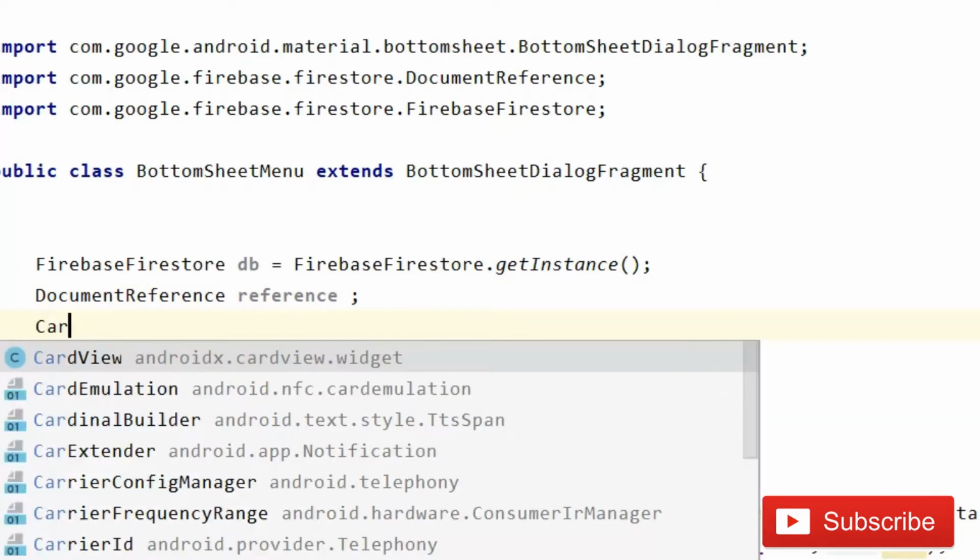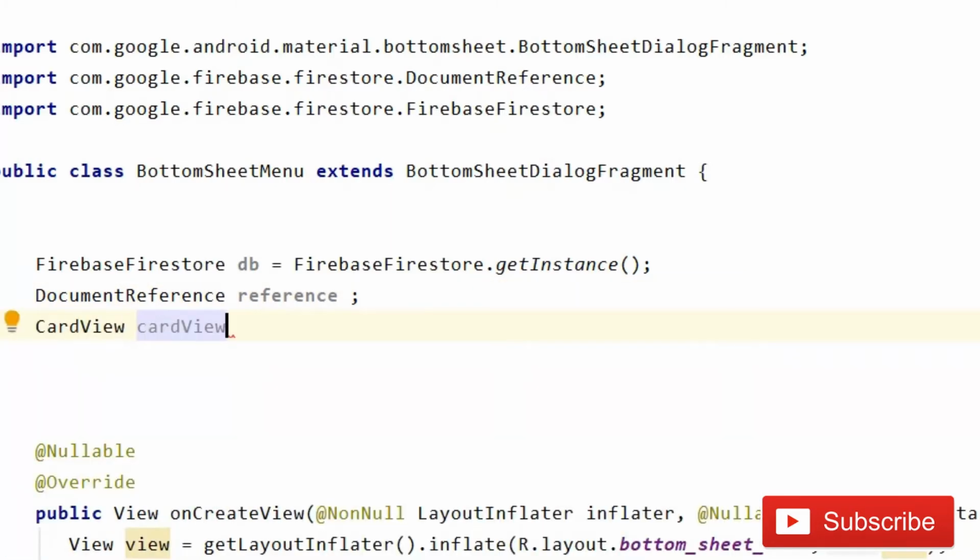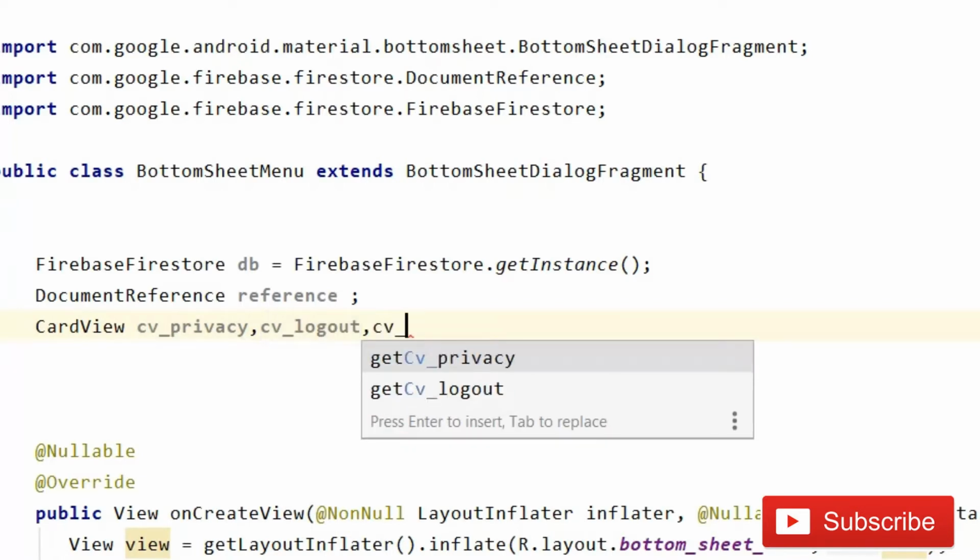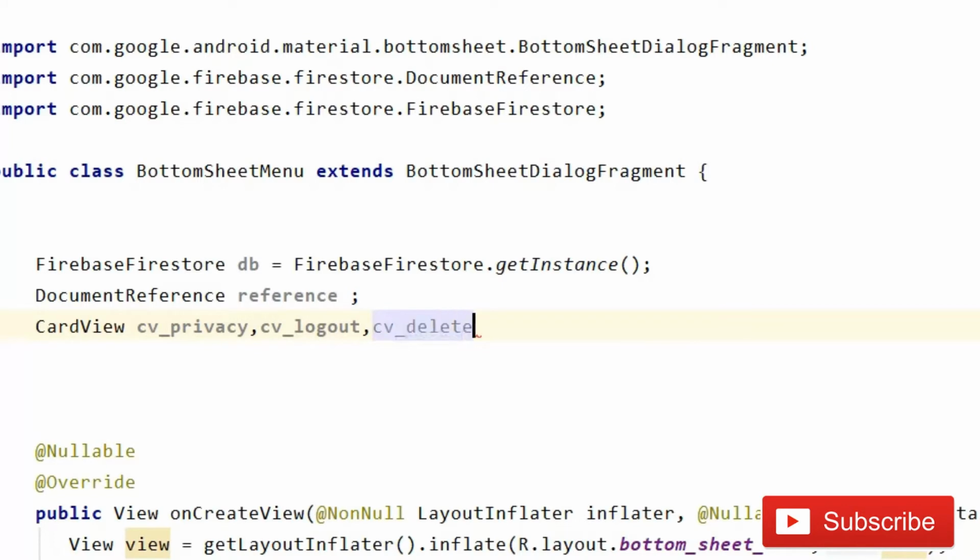Fine guys, and after this simply initialize card views, and we can give cv_privacy, cv_logout and cv_delete semicolon.